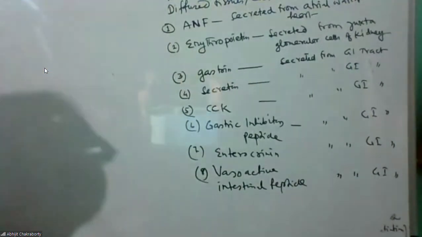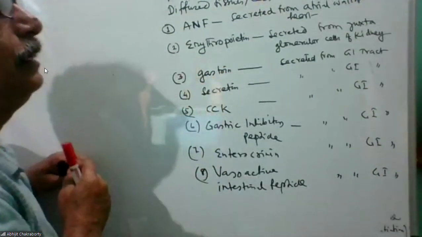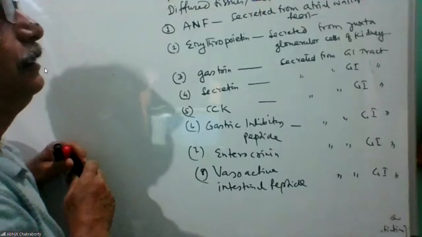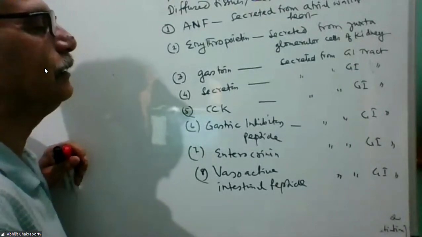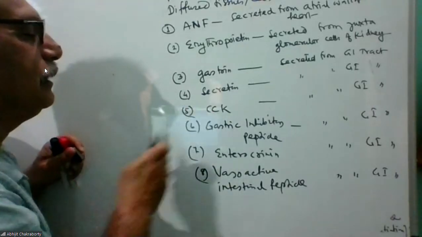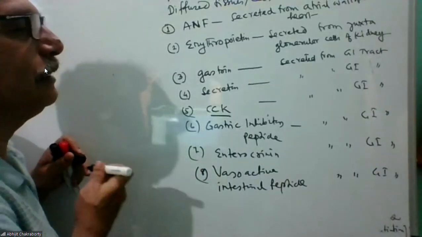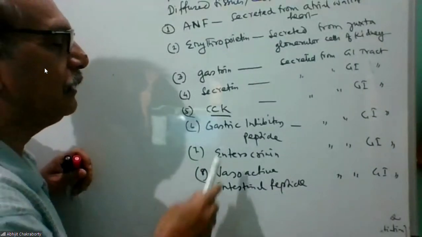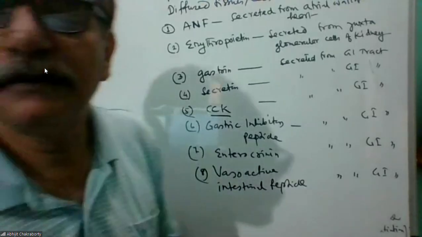Now you see, the role of gastrin is to help in the secretion of gastric acid, HCl, and pepsinogen. Secretin helps in the secretion of water and bicarbonate ion. CCK helps in the secretion of bile juice from the gallbladder and also helps in the secretion of pancreatic juice from the pancreas. Gastric inhibitory peptide inhibits the secretion of